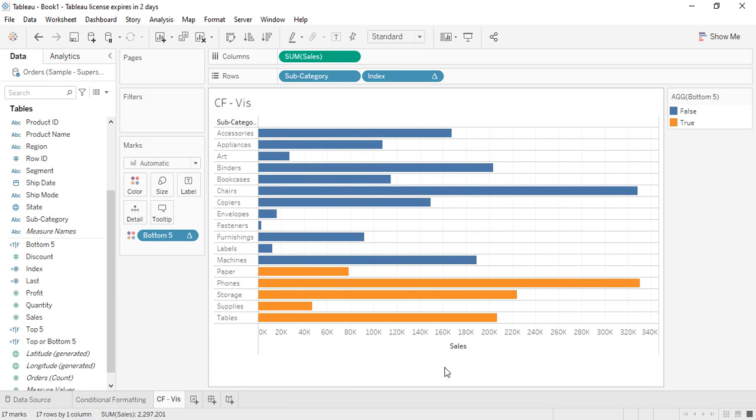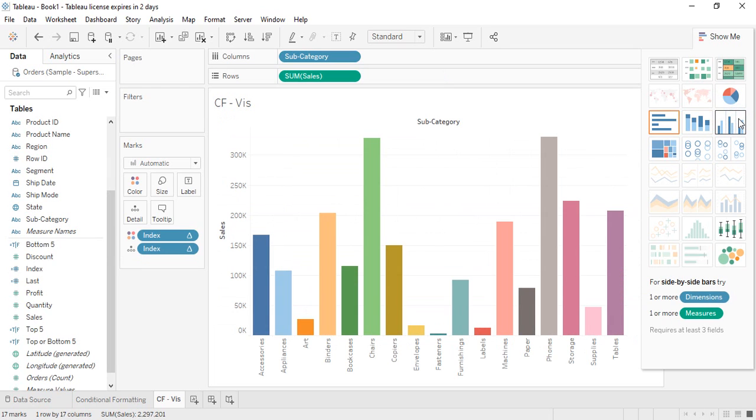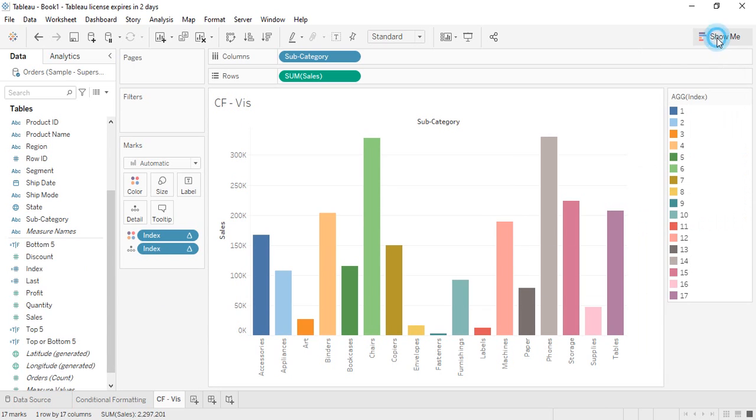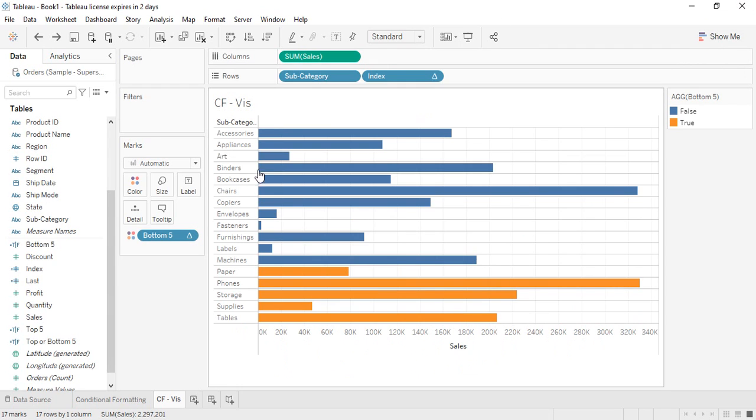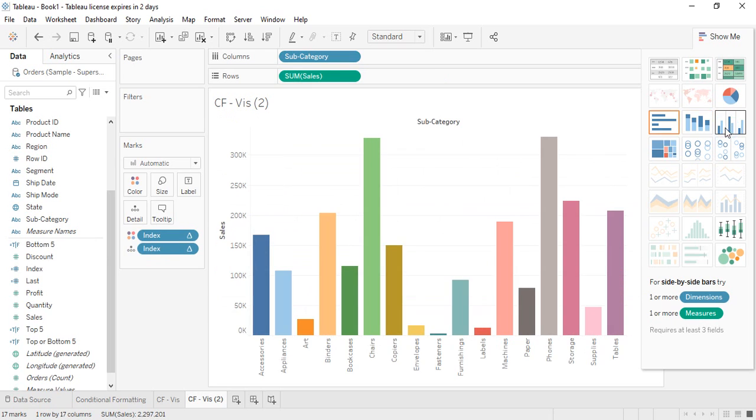If we have any kind of visualizations, it's gonna work for it. If you want to cross check it for yourself, you can just go to this visualizations pane and try to work, right? We obviously need to make a few changes for each visualization, so let's just take a look at how we are gonna do it. First of all, make sure this is the correct visualization we have. We're gonna duplicate the sheet and change it into this visualization, that is side by side bars.